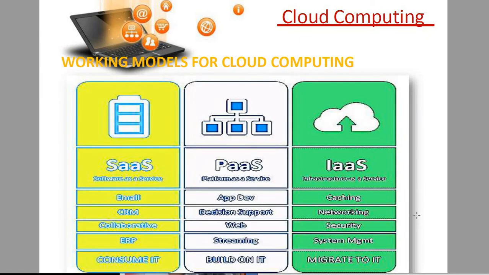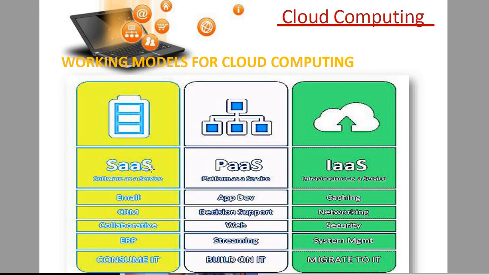Now, how does cloud computing work? We are in the working model for cloud computing. We see the service model, where we saw software as a service, infrastructure as a service, and platform as a service. So one by one we will study them. Basically the whole is known as the service model of cloud computing. First is software as a service, also known as SaaS.